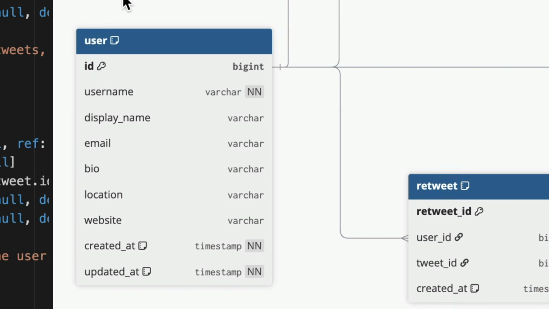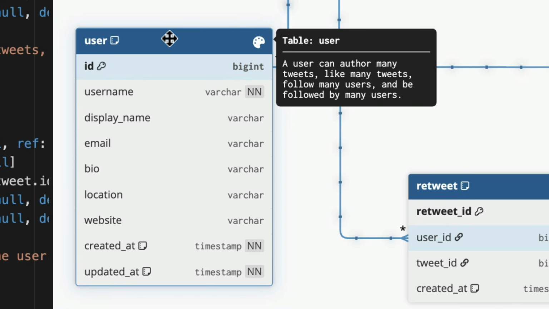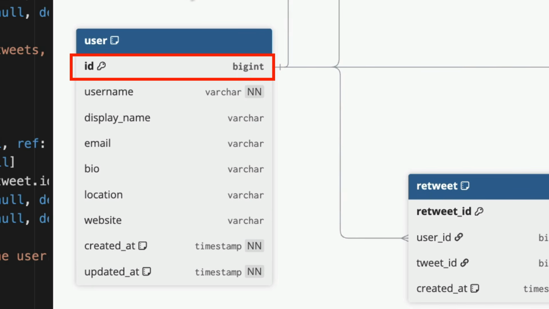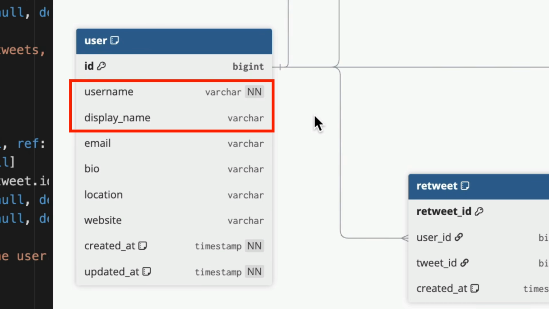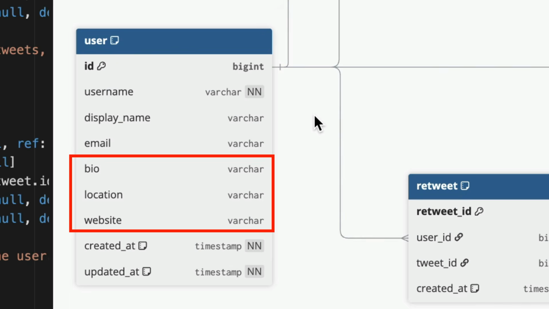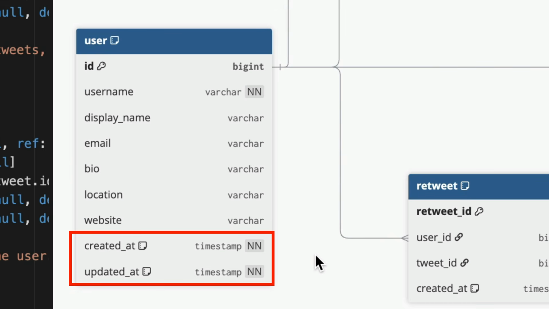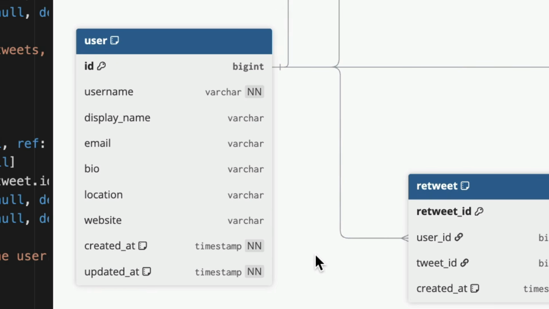Let's start with the most important table, the user table. This table stores each registered user. We have an ID as the primary key, which we have for most of our tables in this design. It's a big int, which allows us to store a large number of values. We have a username and an optional display name, along with profile details like bio, location, and website. We've also added timestamps for when the user was created and last updated. This user can write tweets, follow other users, like tweets, and retweet, and we'll link to all of that in